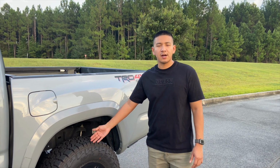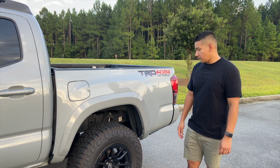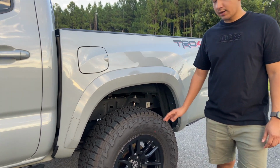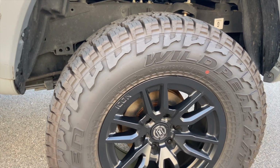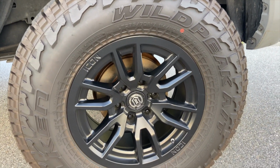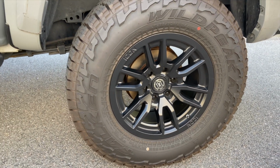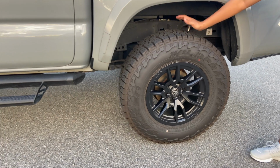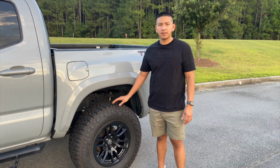So let's talk about the tire that I decided to purchase and install. What I purchased was the FALKEN WILDPEAK AT3W in a 275/70 R17, and I'm definitely happy with the purchase. What I can say is these definitely look better compared to stock. They are bigger. This runs about a 32-inch tire size, so compared to stock,